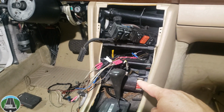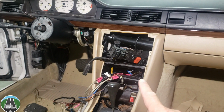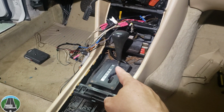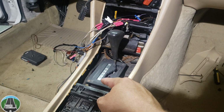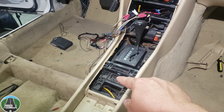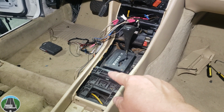The third section has two wires. One is a bulb and one is a plug-in, which I believe is for the ashtray. And then there was one more bulb that used to light up that I told you guys about. You might have seen in videos. That goes into there, and I've already got that plugged in, so it lights up the whole strip that I'm pointing at right there. And then this will be all the switches that control the windows, and that's basically the